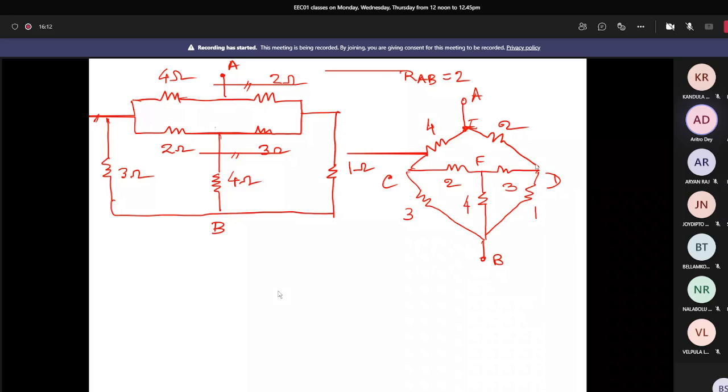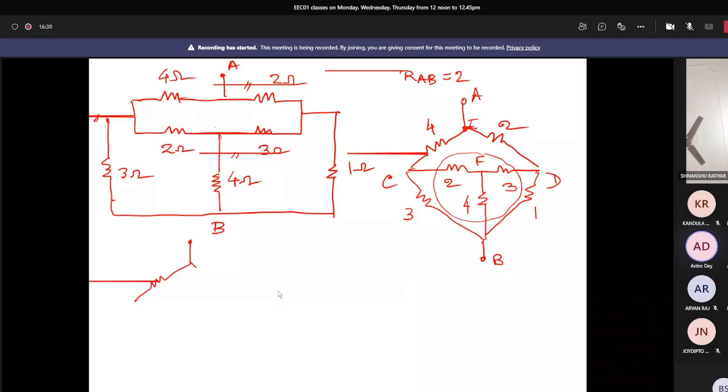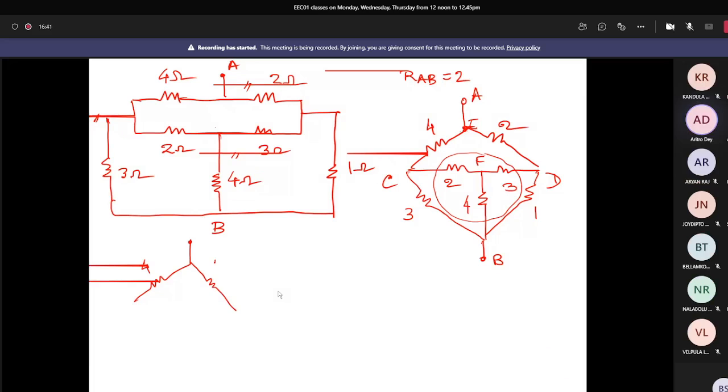If we convert, then what will happen? Then these two will be in parallel, but here one more thing will be there. That again we can reduce to star. So two times we have to convert. We cannot do it in a single step, right? So first we have to convert the inner one, this one, from star to delta. Then your circuit will be reduced to this: this is 4, 2. Here one resistance will come due to the delta. So what is that value? We'll write it later. Then this will become delta, and then 3 and 1 are already there before.